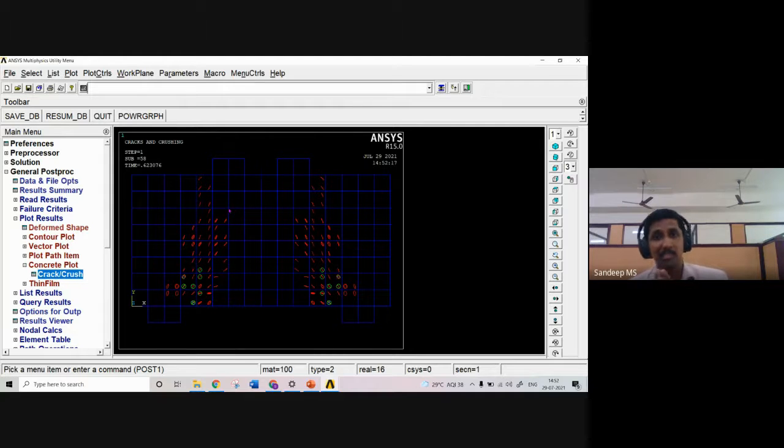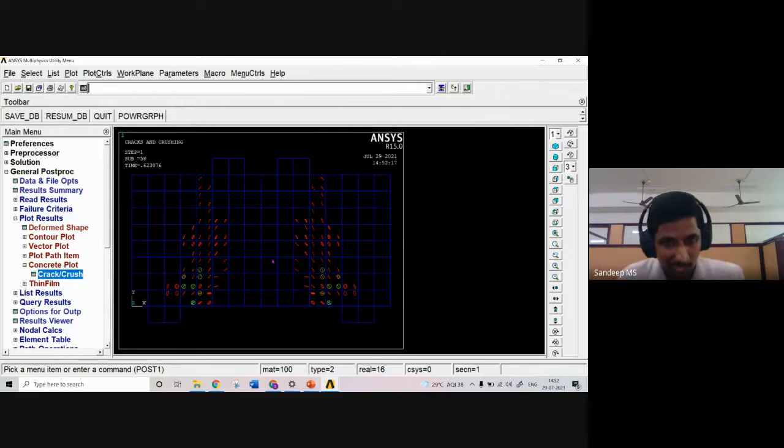And again, we know that this was a deep beam, and mostly deep beam will be failing by formation of diagonal cracks. And the prediction up to this point is almost correct, because the area in which the expected crack is shown as the diagonal connecting the loading point and the support, as you can see from here.